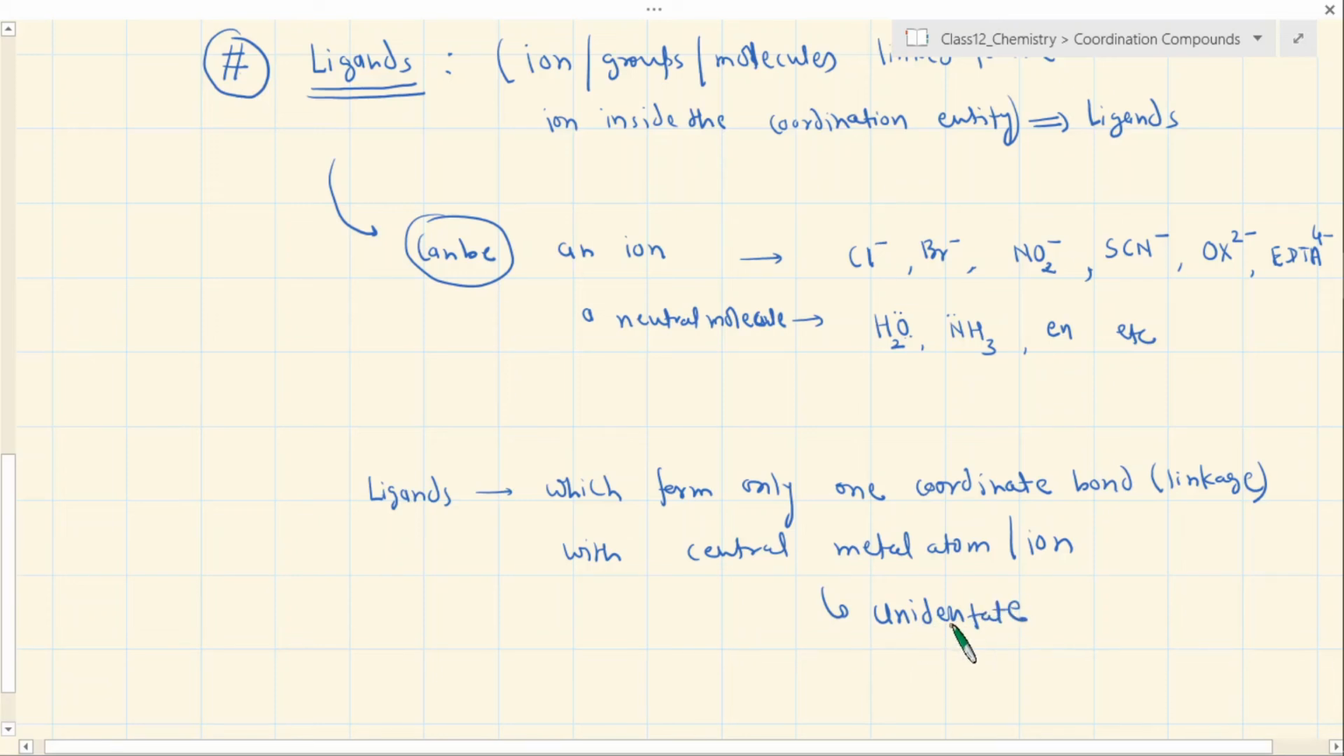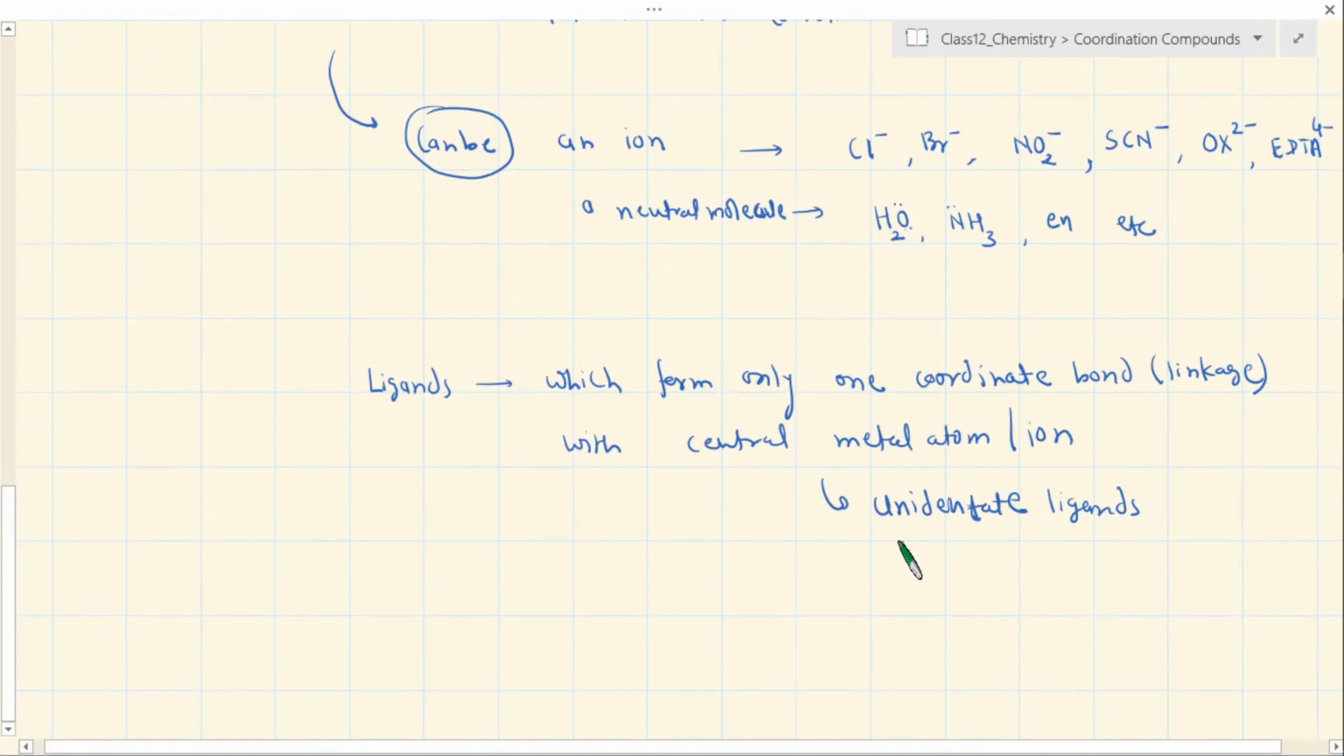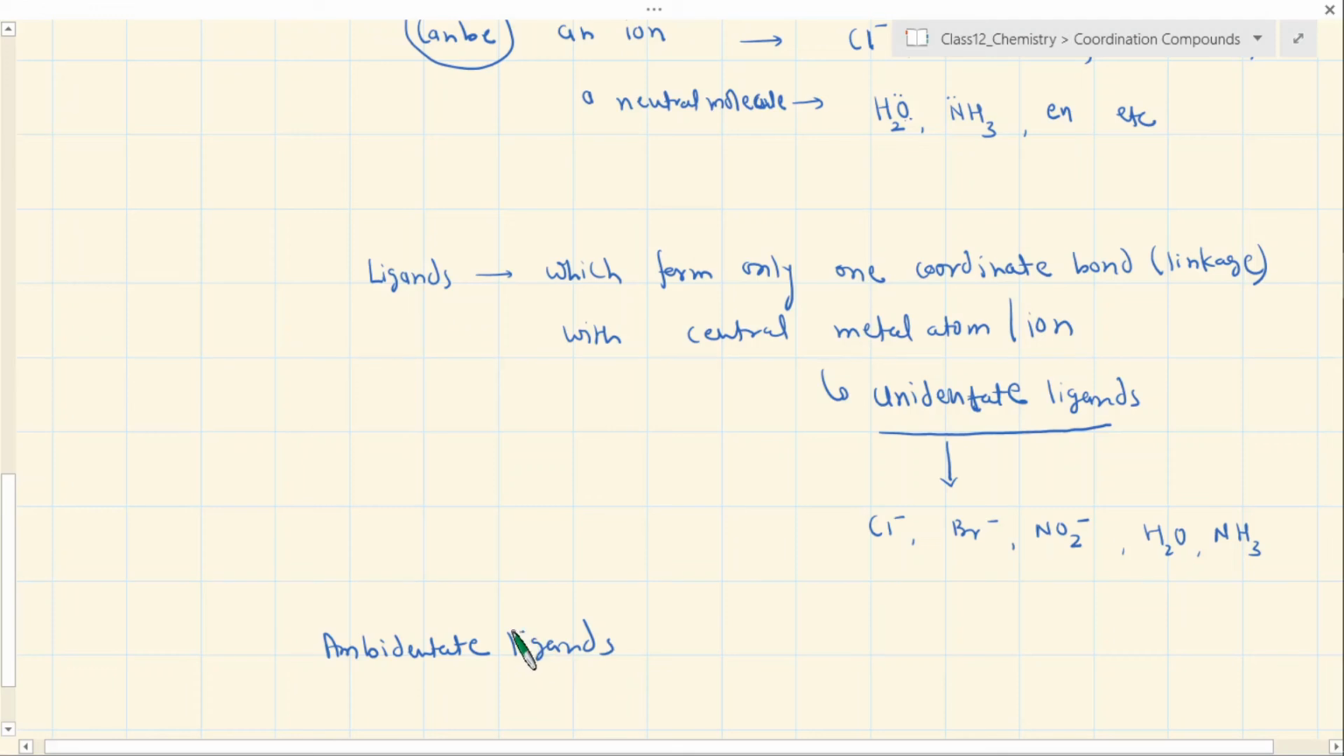Unidentate. The "dent" word comes as if something is indenting. In simple words, it is forming a linkage by attaching. So these are referred to as unidentate ligands. Among the category of unidentate ligands, there is a special category of ligands which is called ambidentate ligand,